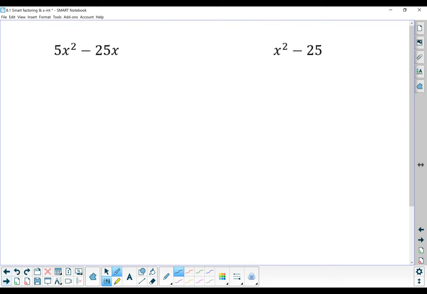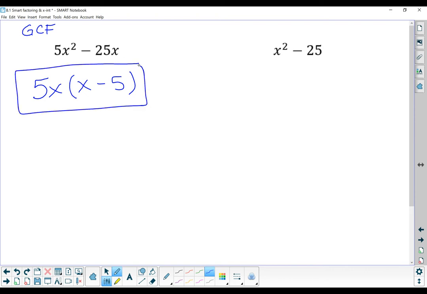All right, these two both have only 2 terms, and they look very similar, but they are different from each other. When you have 2 terms, these are the 2 kind of possibilities that come up. The first one is a common factor. So if I look at these 2 terms, they both have a factor of 5 and they both have an x. So we just want to factor out that common factor. And when we do, we have an x left in the first term and a minus 5 in the second term. And I don't have any more powers on my x's, so I am done factoring. This type